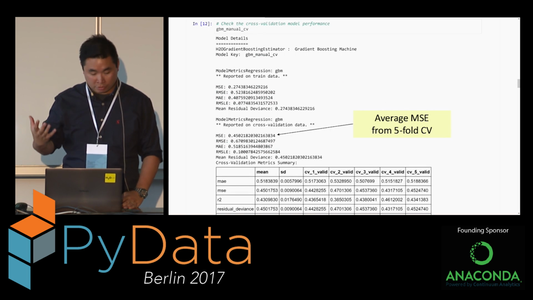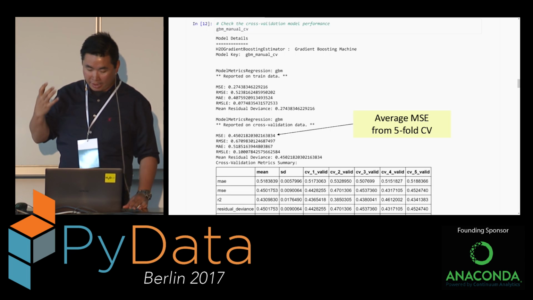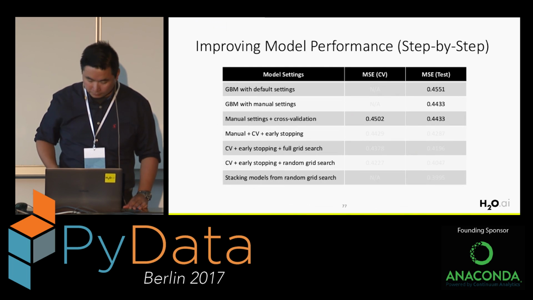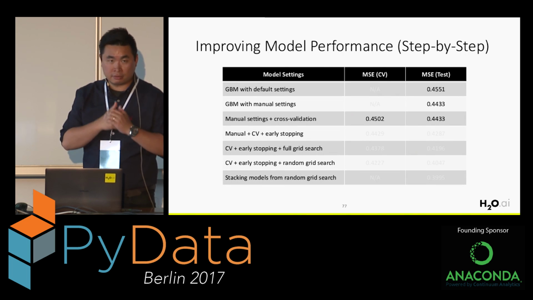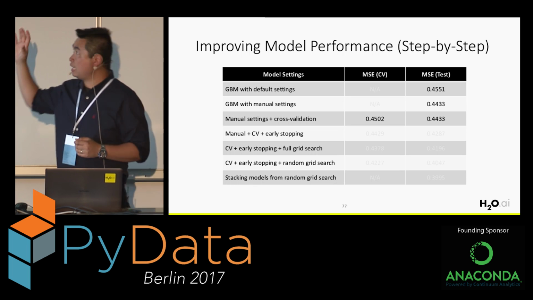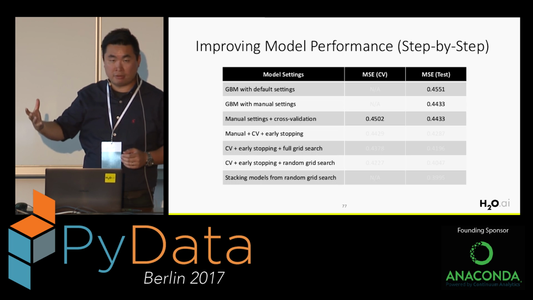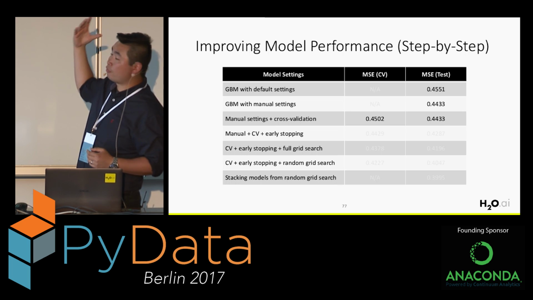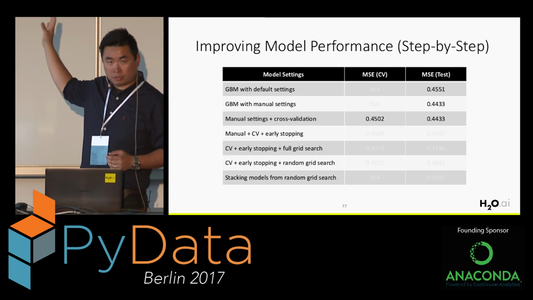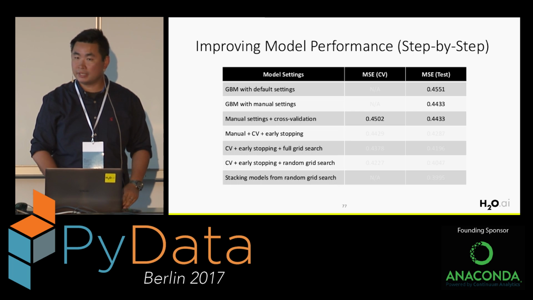So let's look at that. When you print out the model, you can see that there's another metrics table there. And the top one is the average of the MSE across the 5 cross-validation folds. And now if we go back to the summary table, you can see that we have another value in there for cross-validation. So now we have another measurement as a baseline. So from this point, I want to measure the cross-validation as well in terms of the performance of the model on unseen data. So I have 2 measurements, one on the cross-validation and one on the test data set. Everything okay so far? Yep.